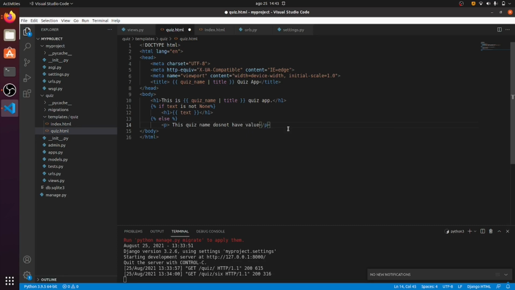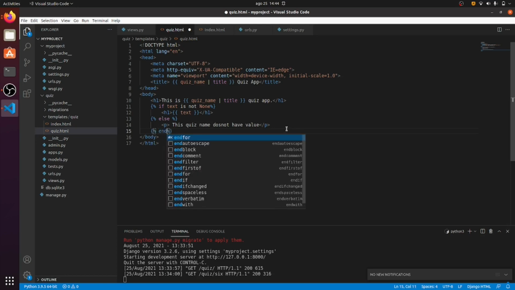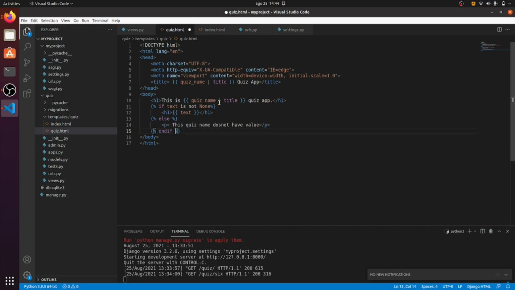One more thing, in the Django template, like in the for loop, we have to end this with the same syntax, like endif. In the for it was endfor, here it is endif.